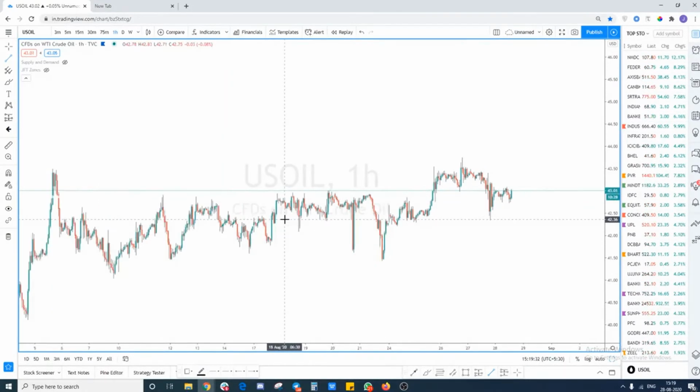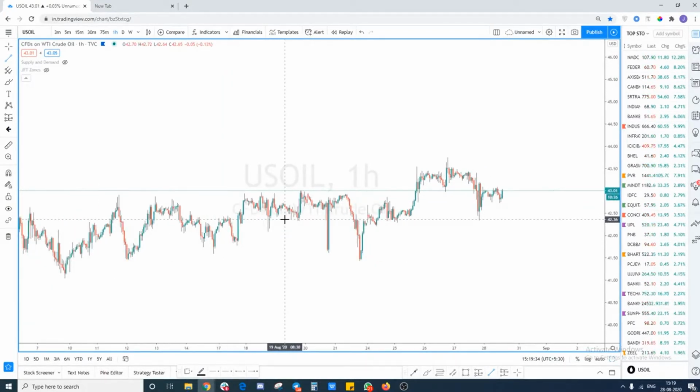So we are going to focus more on the price action part here, because the main reason why I'm taking trades in crude oil is because it tells me that there is a buying pressure. And how do I know there is a buying pressure? It's only through the wicks, and wicks at the exact important area, which is the supply and demand area, and also sometimes JFT zones. Okay, so